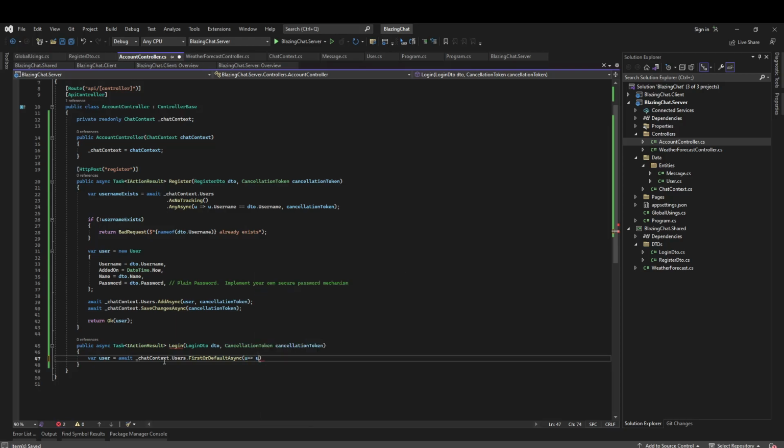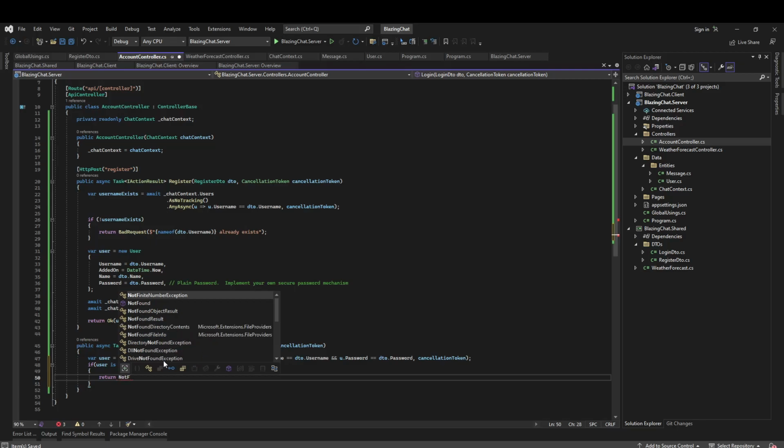So u dot username equals dto dot username, and u dot password equals dto dot password, and then the second parameter cancellation token. So if user is null, that means credentials are not correct. So we will say maybe not found,